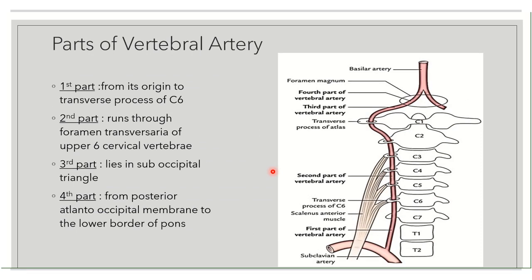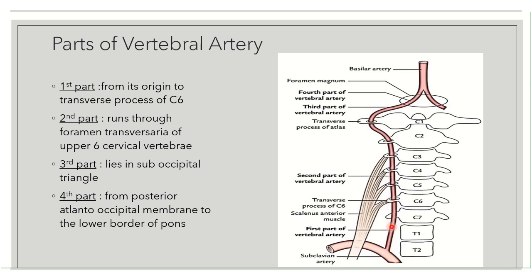Now the parts of the vertebral artery. The vertebral artery has 4 parts. The first part of the vertebral artery is from its origin from the subclavian artery to the foramen transversarium of the 6th cervical vertebra. This part of the vertebral artery is the first part,